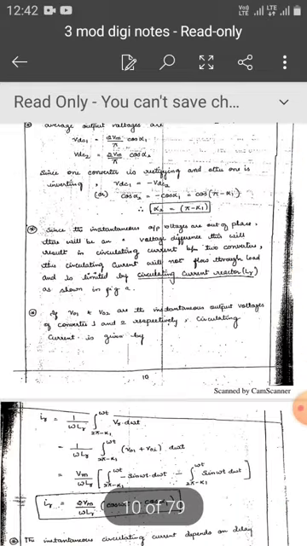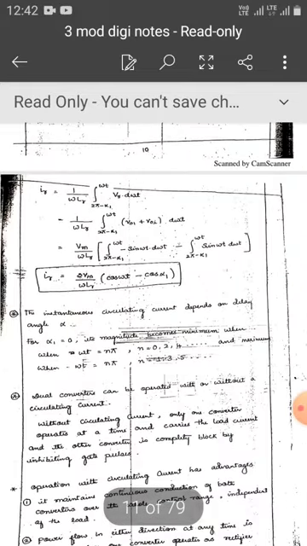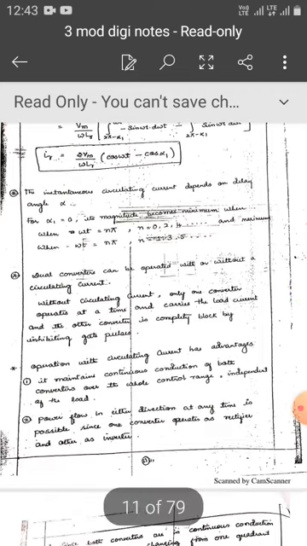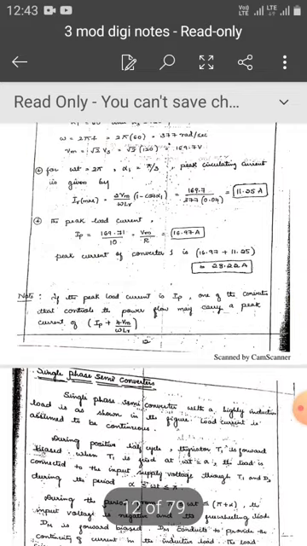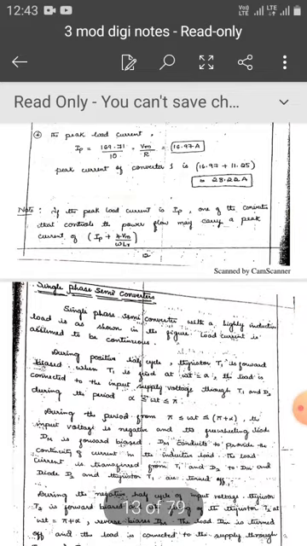So this is regarding the dual converter. You have to find out the advantages and disadvantages; the list is also given. And this is the problem, you should go through that. Next we will go to the single phase semi converter.